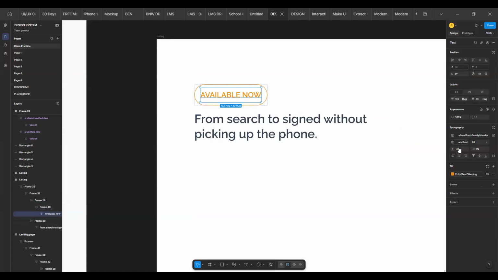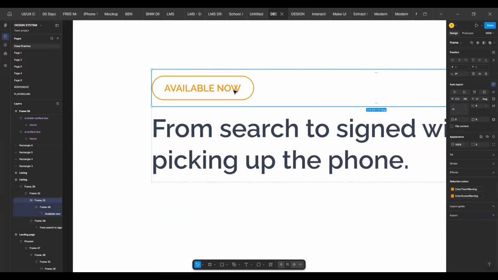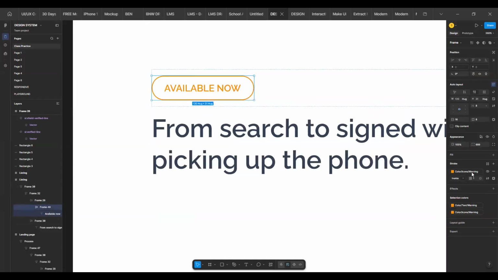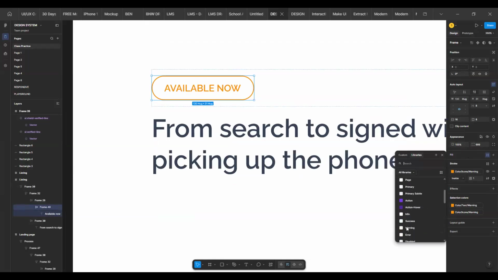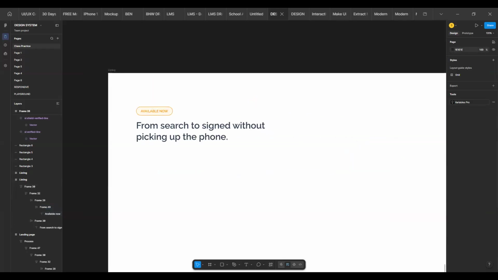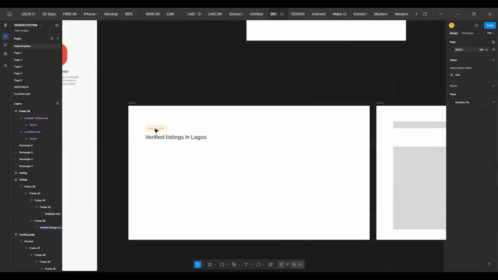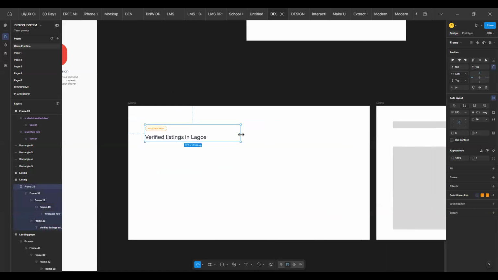So we are going to change this to caption. So this is going to be a little, a little, a little. So this is going to be caption, and this is also going to be reduced line height so as to have this. So another thing we could also do is put in a fill of warning. So it's going to be surface, and it's going to be this. All right. So what I'm going to have here is going to be called verified listing in Lagos, so to say. All right, since that's what we're working with,